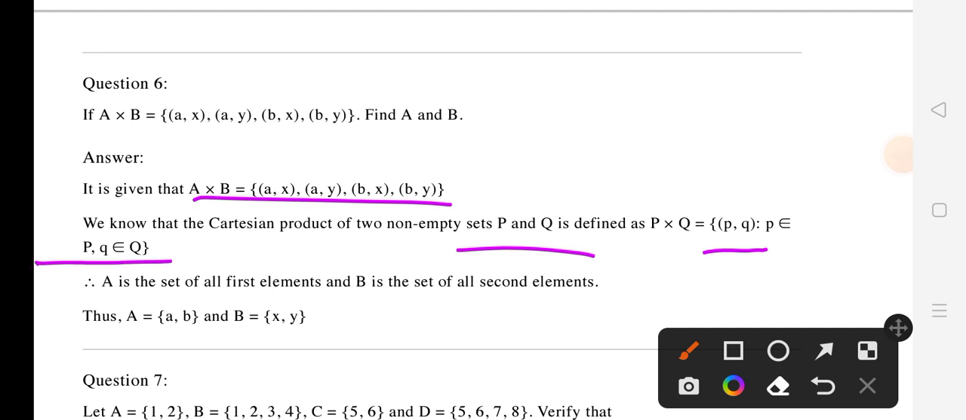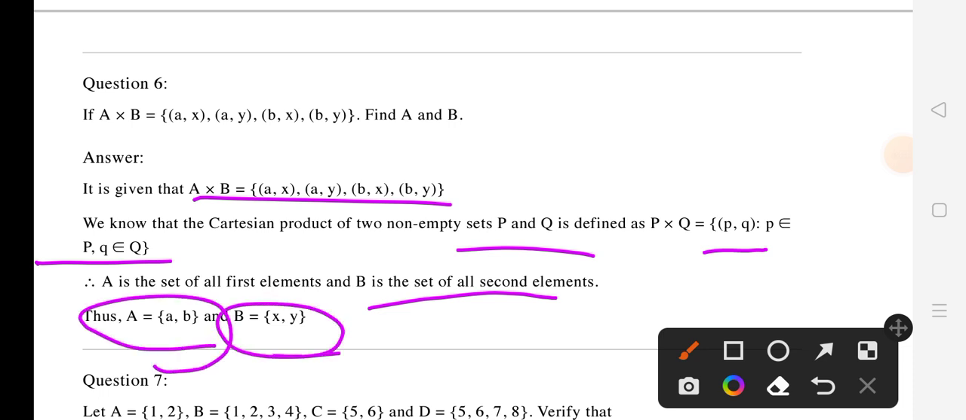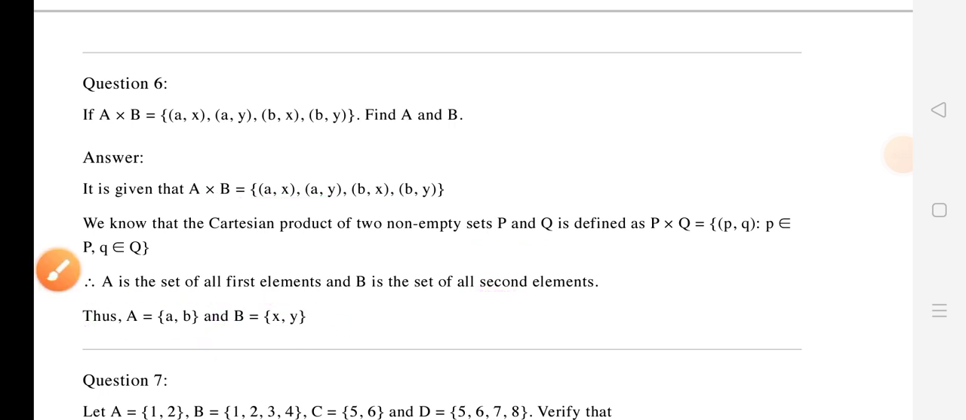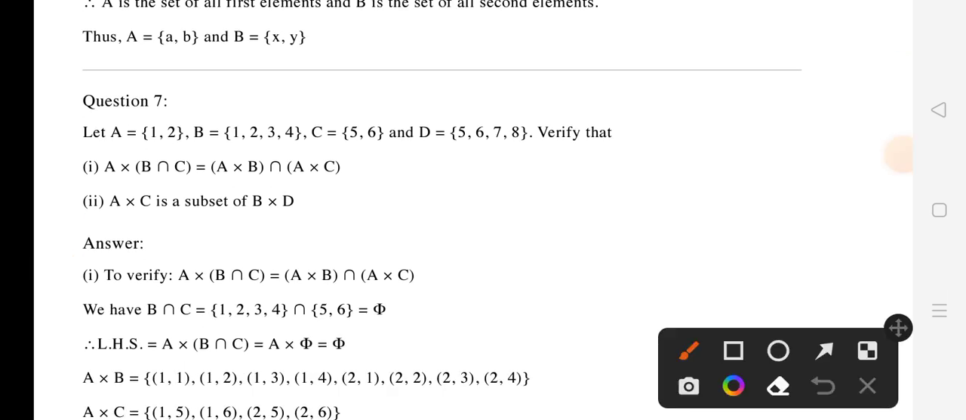P belongs to P and Q belongs to Q. A is the set of all first elements and B is the set of all second elements. So A is equal to {a, b} and B is equal to {x, y}. Simple. Next, question number 7: A has elements 1, 2, B has elements 1, 2, 3, 4,